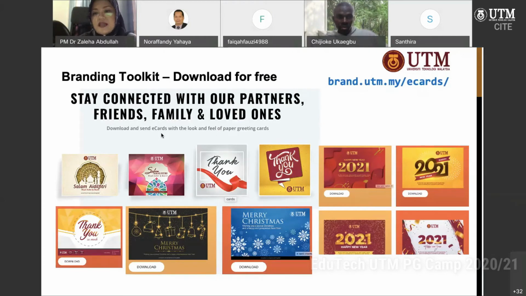So it's easier that way. If you want to say thank you perhaps to your supervisor, you can also use the same platform. Just download. You don't need to design it yourself. But I believe once you have attended that media design class, you're able to design your own cards using Photoshop. But if you don't have the skills, you can always download from here.